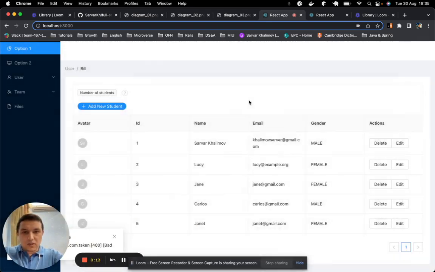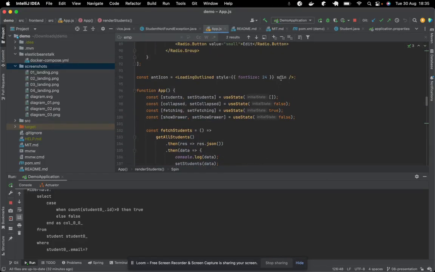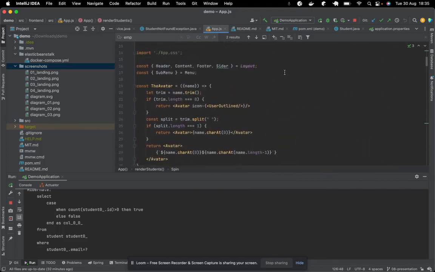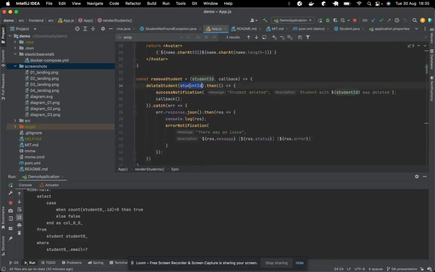Or, as I said before, I have managed client-side errors here. For instance, in app.js, if we put where it is, student ID, some random